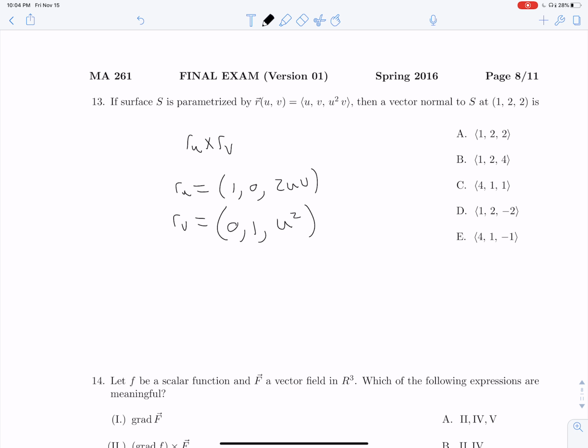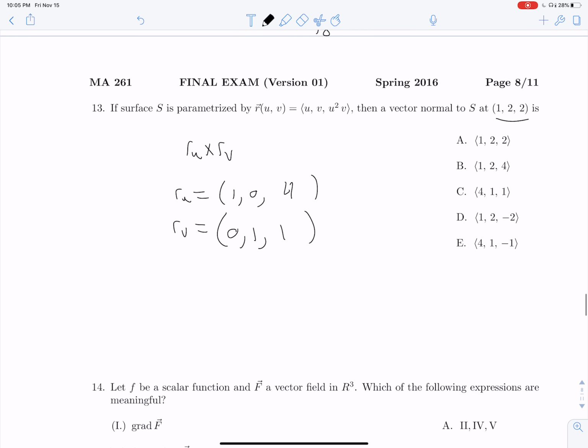And we are at 1, 2, 2, so instead of keeping the U's and the V's around, especially with my handwriting, it's much more useful to just get rid of that and plug in. So now we can solve. So taking our cross product, we get -4, -1, and 1. And we look at this and we look at our answer choices, and ours isn't up there,